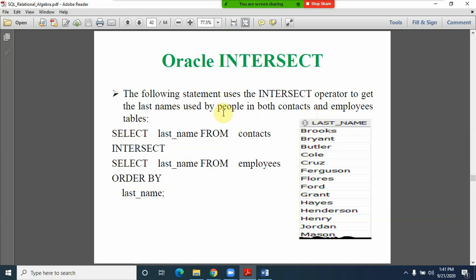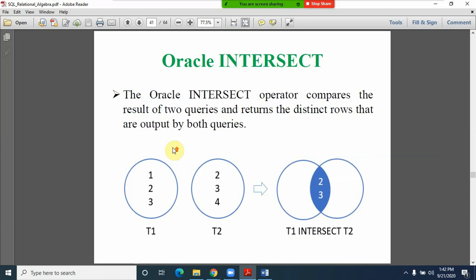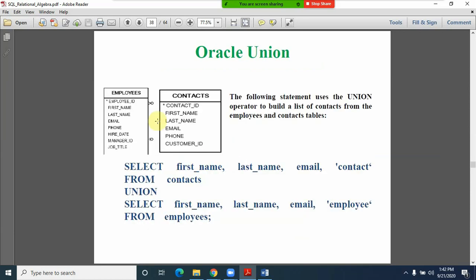Select last name from contacts, intersect, select last name from employees, order by last name. What is the use of order by, friends? Order by helps us to sort the records, maybe in alphabetical order or number-based order, some kind of arrangement. If I want, then I can go with the order by. So here in our query, we are fetching the information from employees as well as contacts.